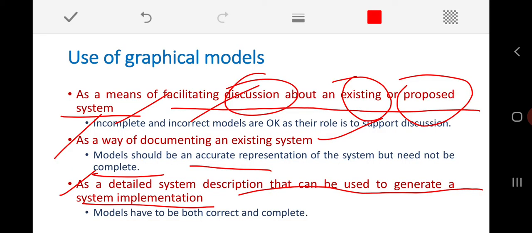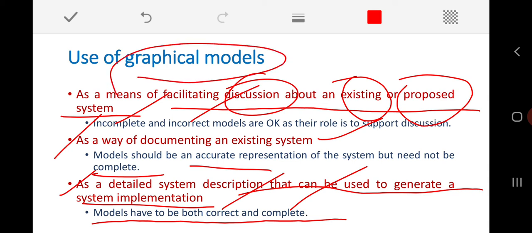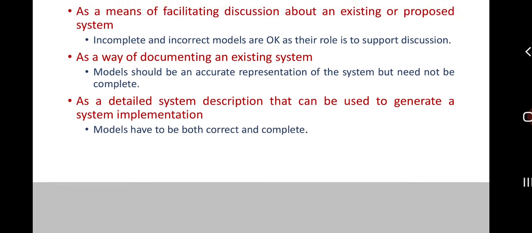All these graphical models can be converted into an implementation. For that case, our system model should be 100% perfect, correct and also complete. So this is how our graphical models are useful.